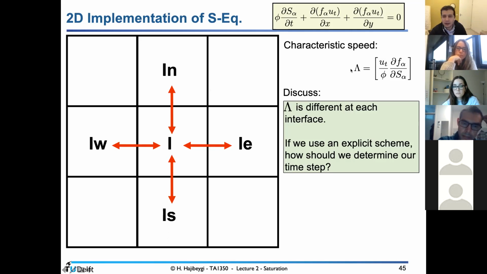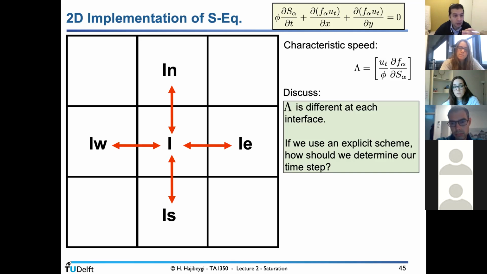Now remember one thing, the value of lambda itself is not crucially important. We need the sign of the lambda to see if the flow is from top to bottom or bottom to top. So if lambda calculated based on saturation I and lambda calculated based on saturation IN have the same sign, you wouldn't be affected much, except that your time step size needs the exact value of lambda, but then you will be a little bit approximate. Fine, you go for the most conservative lambda anyhow. So you take the delta t for which everybody is happy and will be stable,